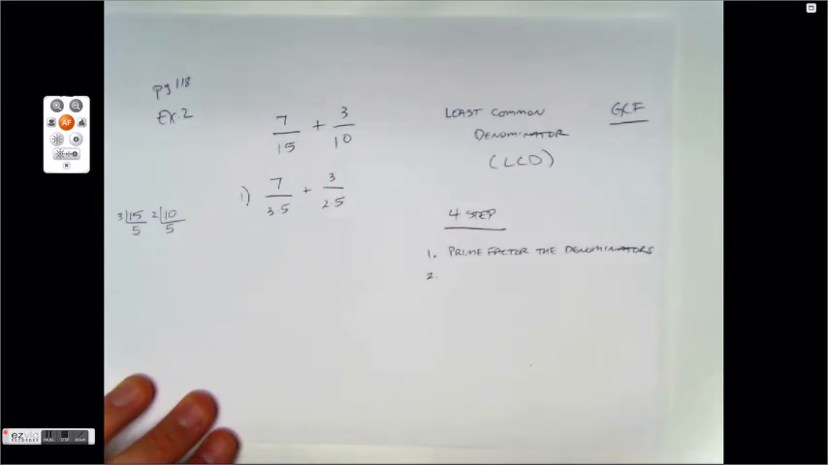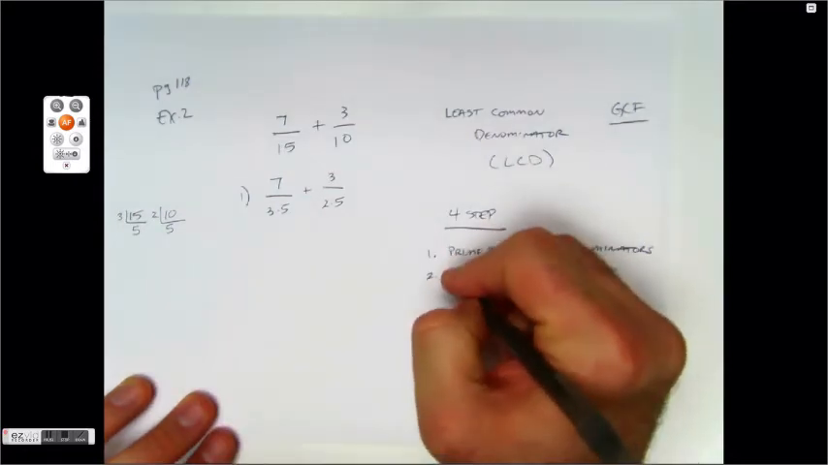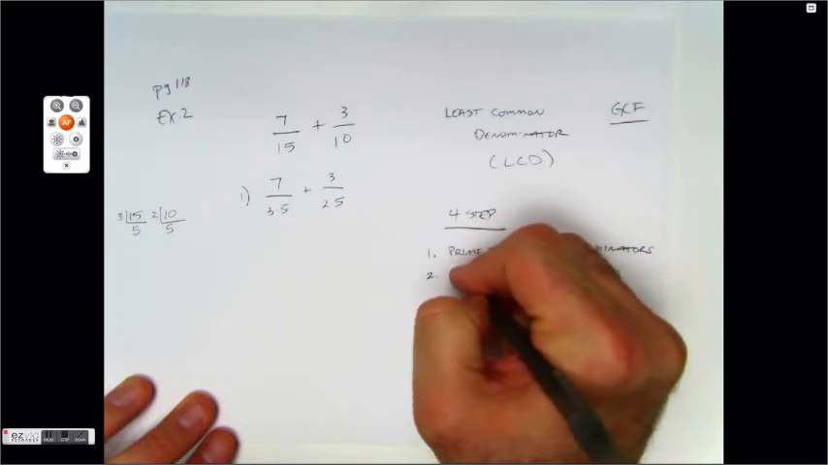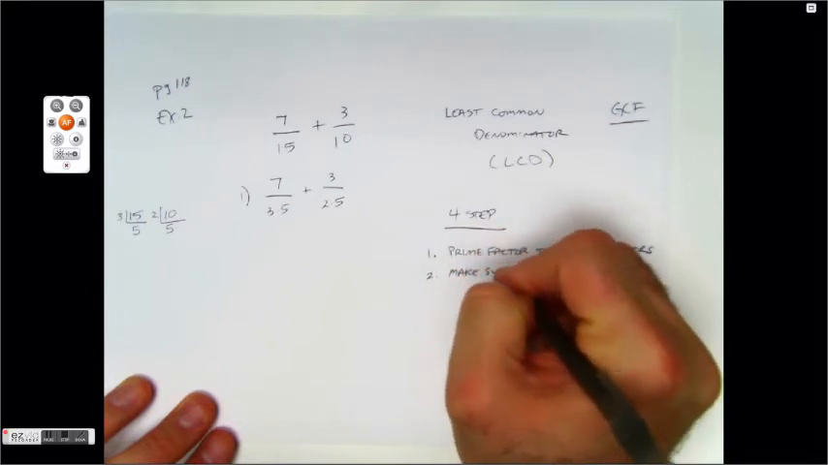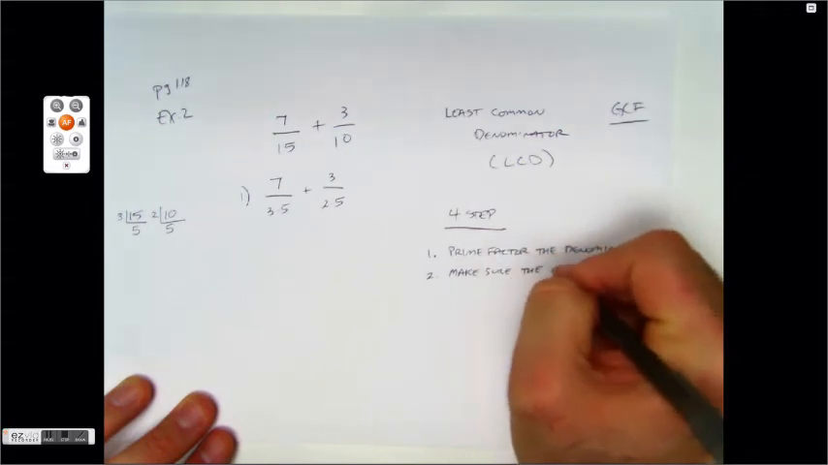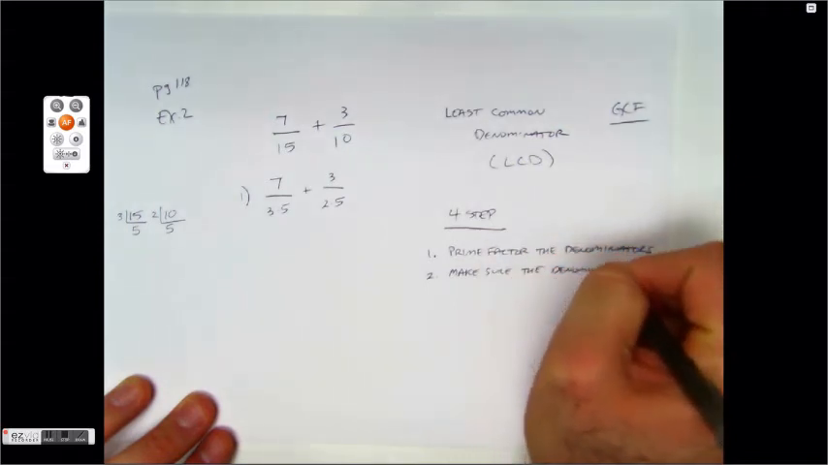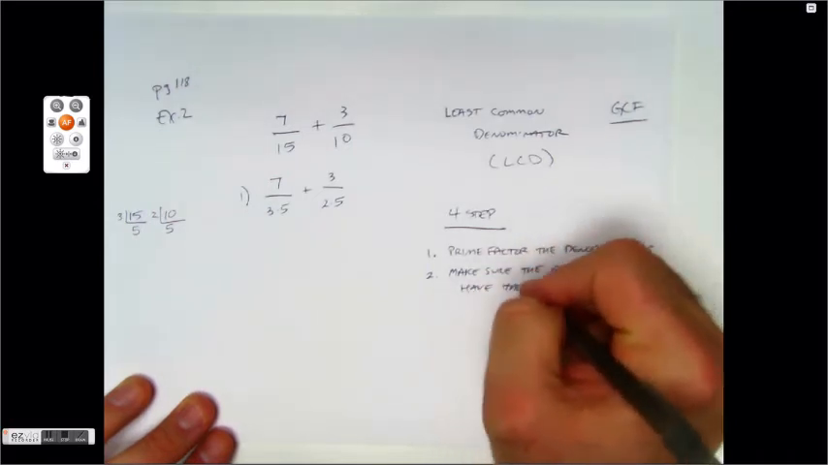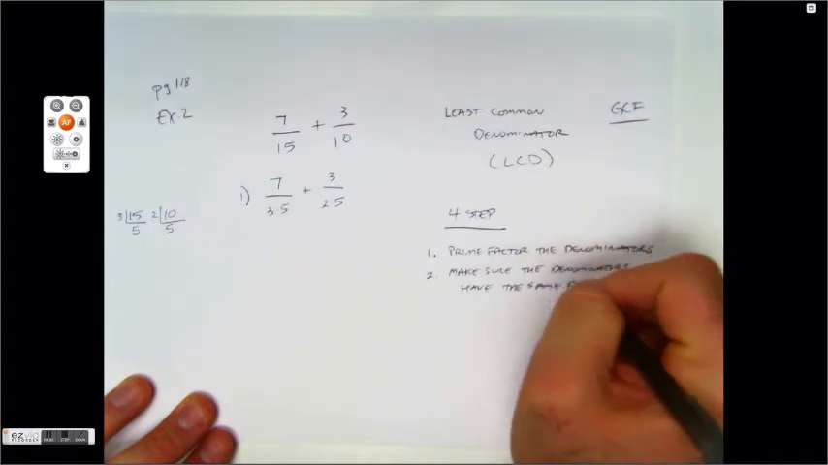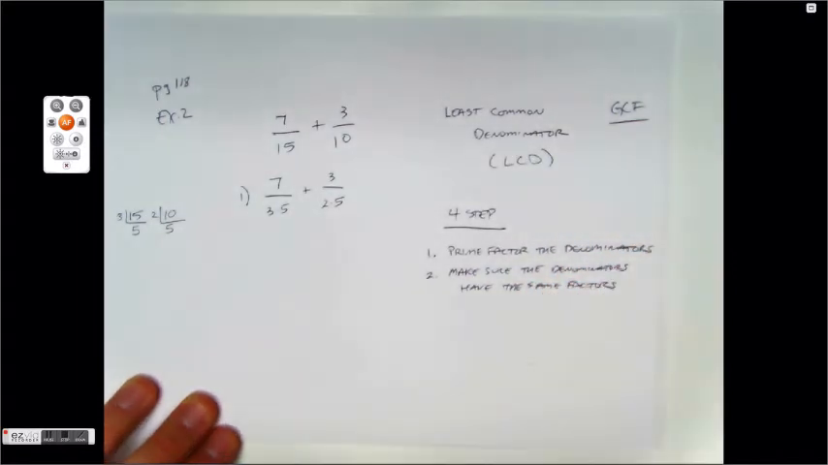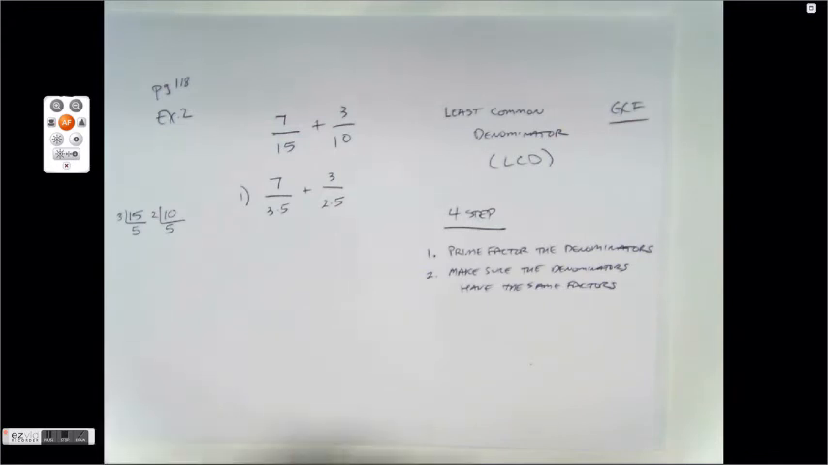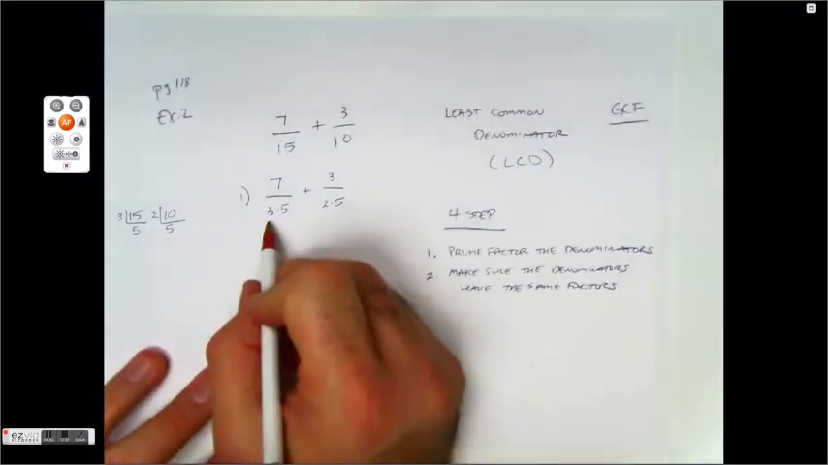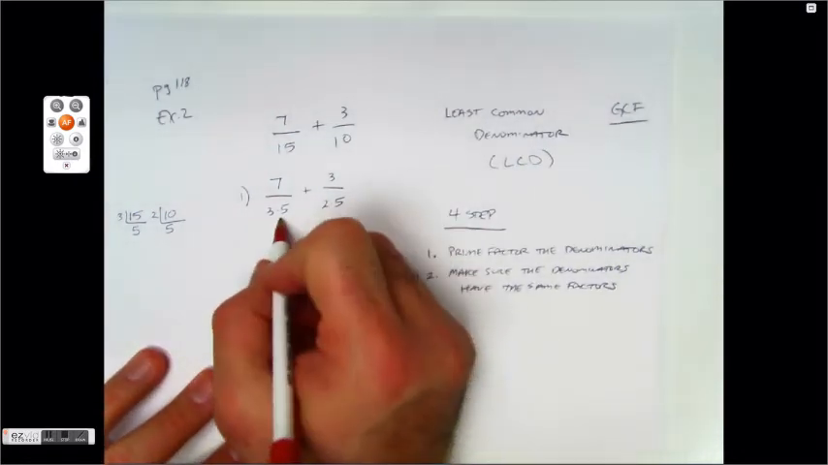Okay, then the second step is I want you to determine which factors they have in common and which ones they don't, and then make them look the same. So what we're going to do is effectively make sure the denominators have the same factors. Now, what I want to show there is if we make sure that they have the same factors, notice here,